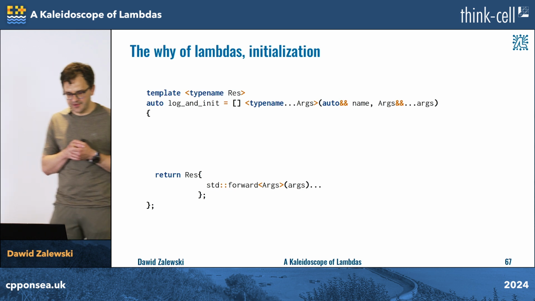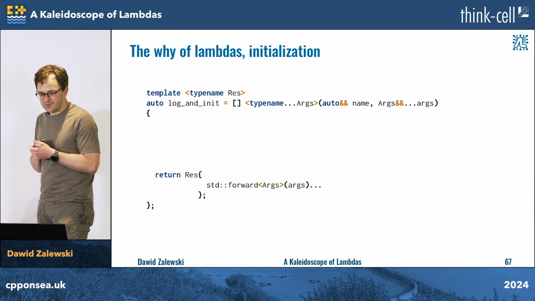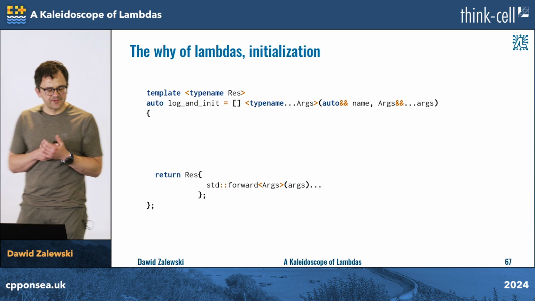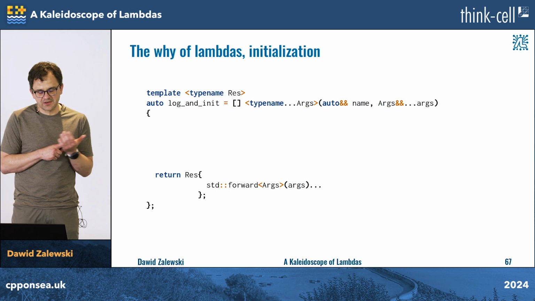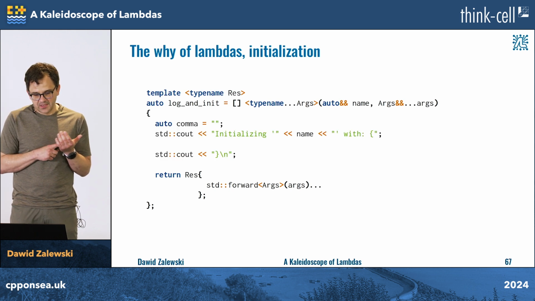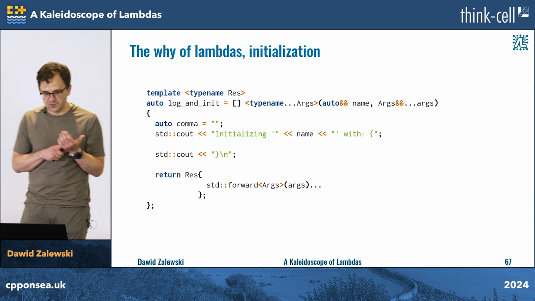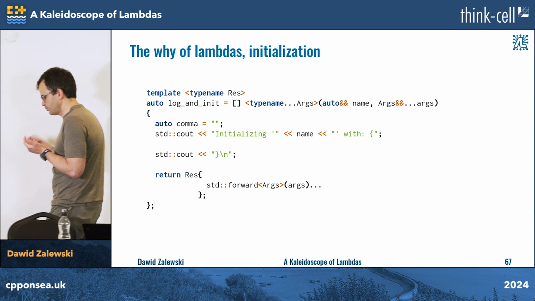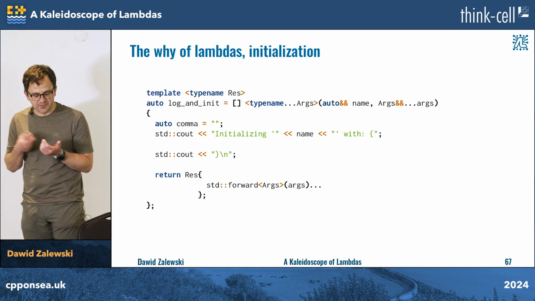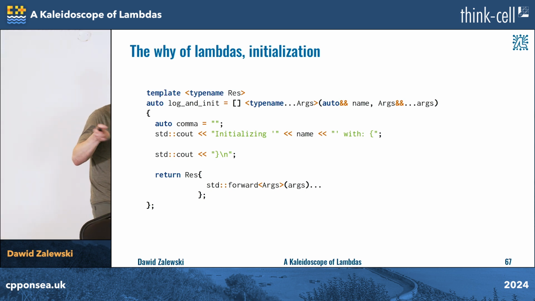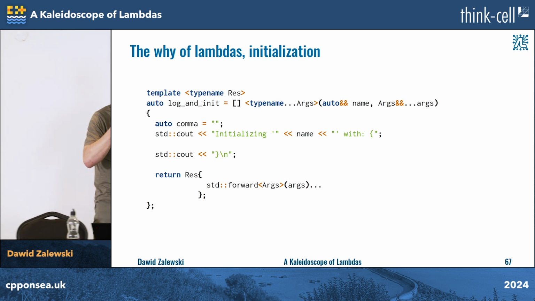Because this is where the fun is, right? So to do the logging, I need two things. I need the name of what I'm initializing and the arguments I'm initializing with it. And the name is pretty easy. You just use the std_out and you put the name out. And then we have a parameter pack with all the names, all the values that I am using later on